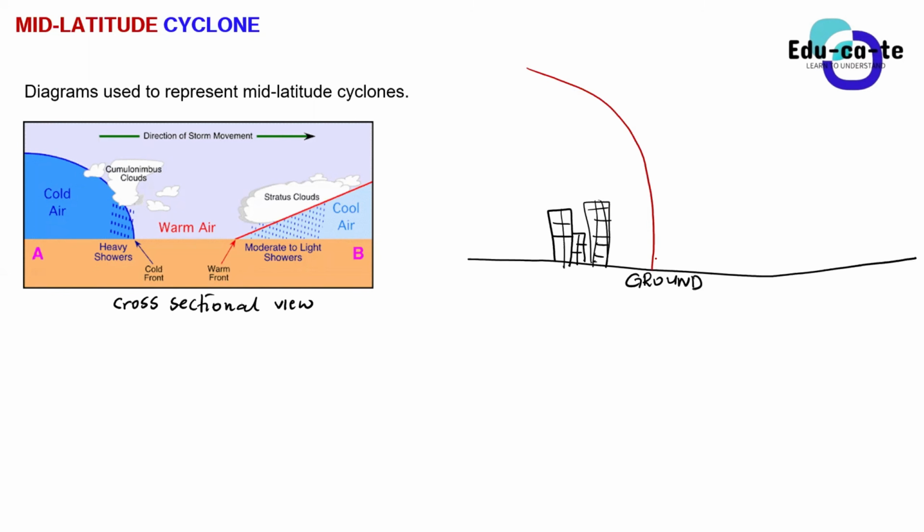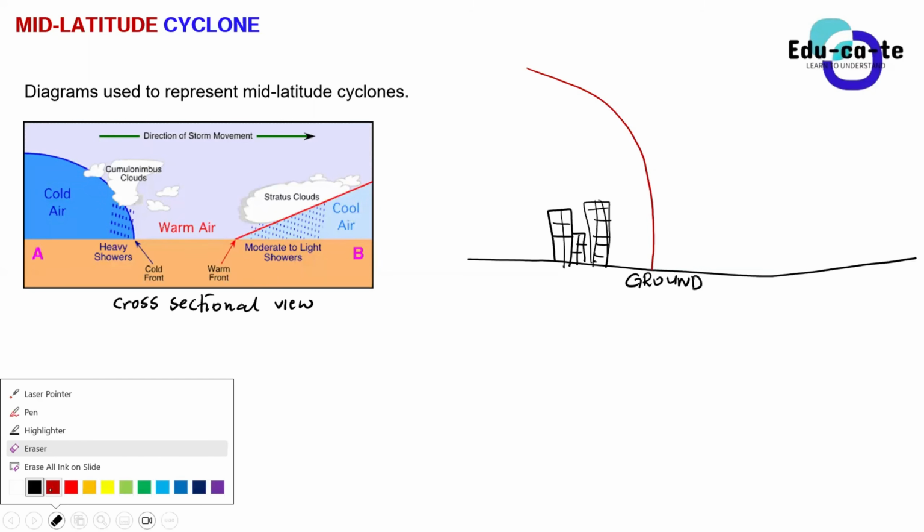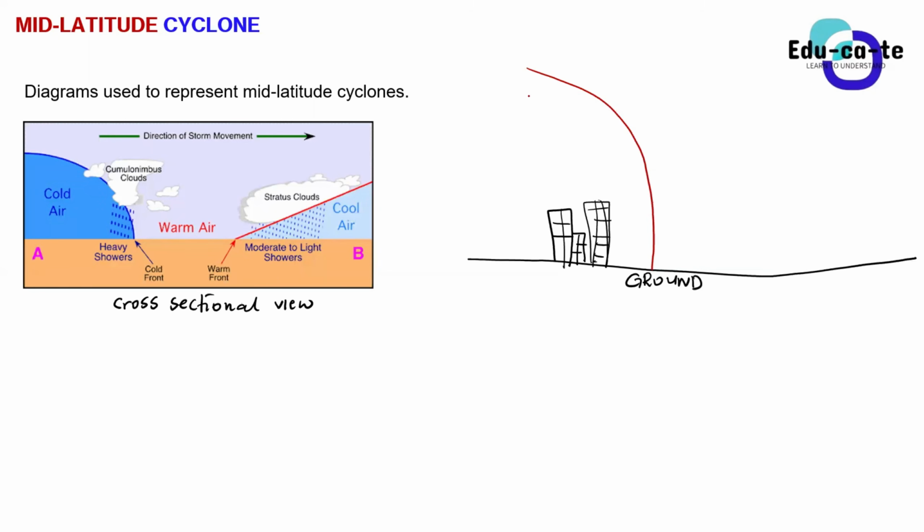From the side view, we don't draw these things, guys. Don't put those triangles. We don't draw them for a side view. We only draw them if we are using a plane view or a synoptic weather map. But from the side view, this is how a cold front looks. It's the model that we create to describe the cold front. So this is a what? A cold front. Do we see that?